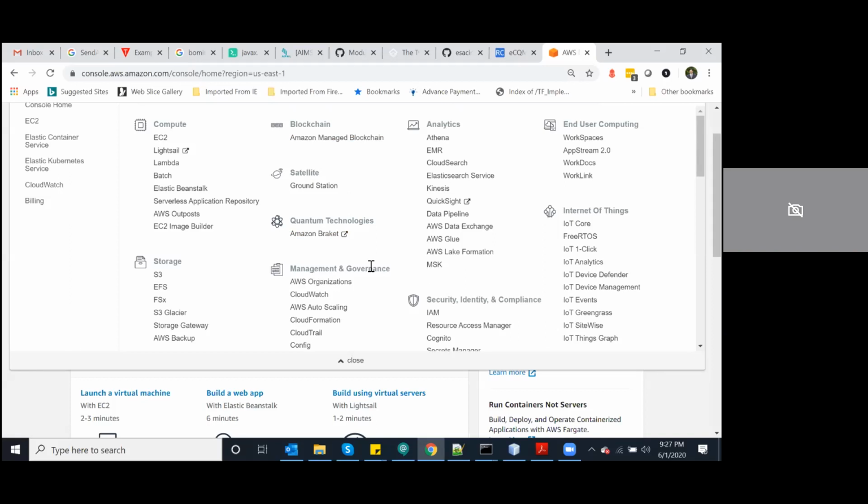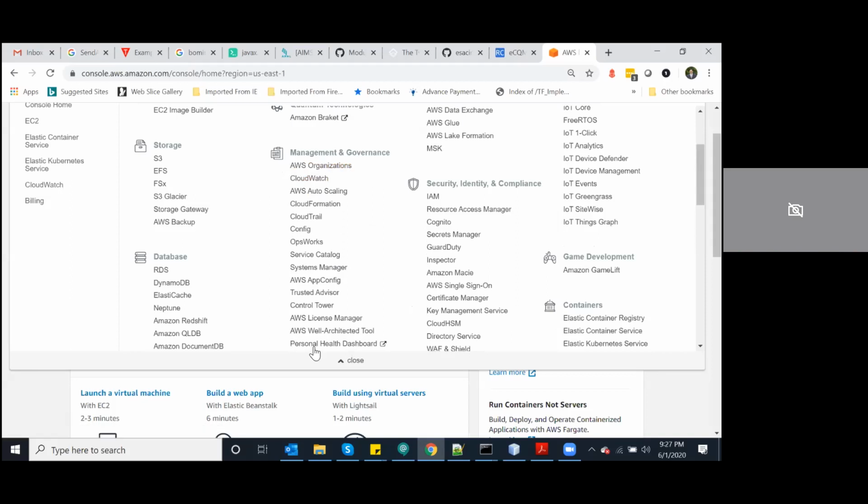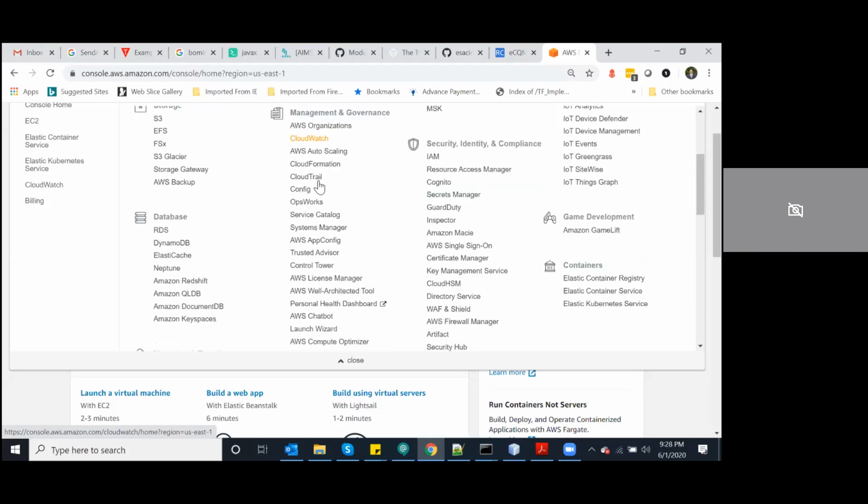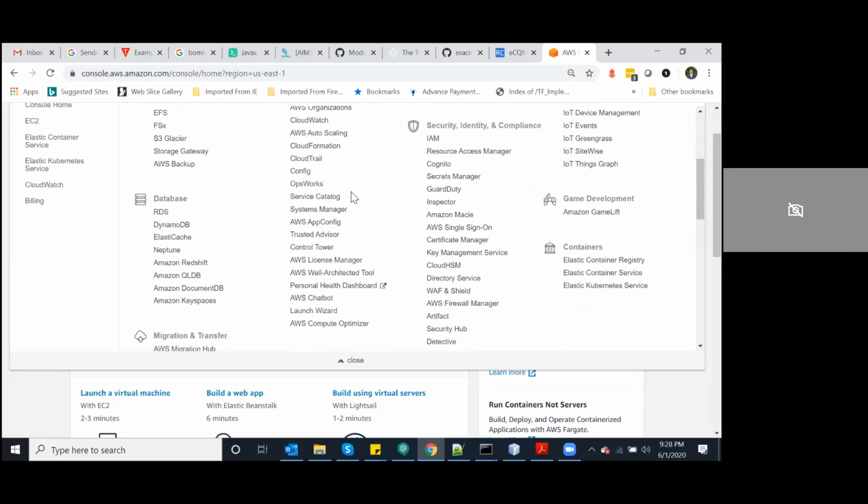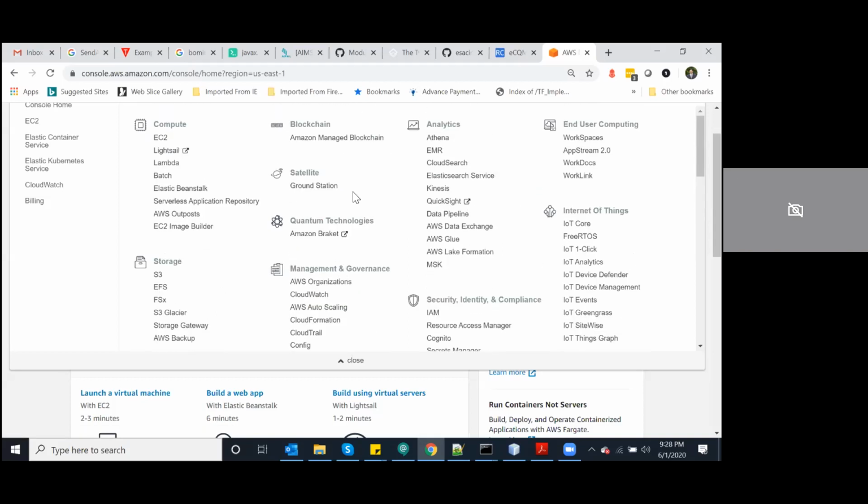Management and governance, AWS. So basically this is very important. A lot of people who are using AWS will be using CloudWatch. Basically you have a server running in AWS, and you don't want to expose your server to anyone in your teams. They want to view the logs. You just create a CloudWatch access application and provide the logs to them, and they can watch the logs here using CloudWatch. So this is basically log accessing capability. Like that, you have other services as well available here.